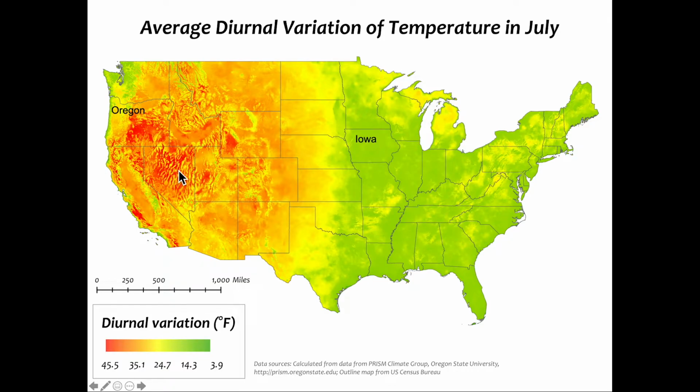This low humidity allows for greater diurnal temperature variability, as opposed to here in the Midwestern U.S., where humidity is high and diurnal variation is low. So humidity is playing a role here in the temperature variability. The higher the humidity, the longer it takes to warm up the atmosphere and the longer it takes to cool off that atmosphere. During any given day, the temperature doesn't rise as much and the temperature doesn't fall as much in the following night, as opposed to in arid regions in the West, where we get very high temperatures in